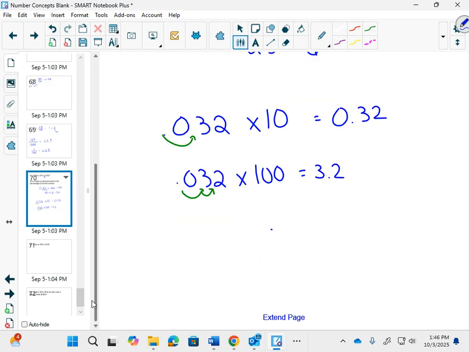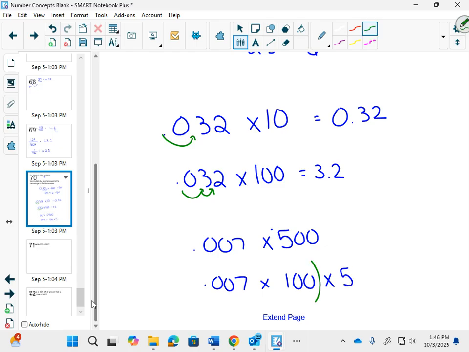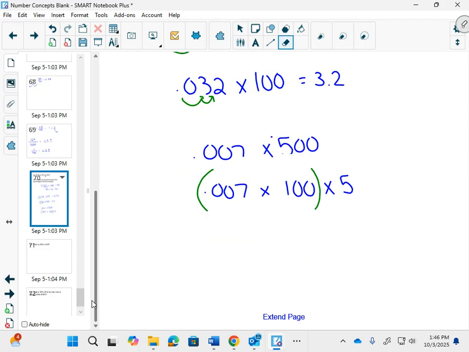If I would like to multiply 0.007 by 500, I can think of 500 as really 100 times 5. And I can do this part first. Then it moves this over twice, so this becomes 0.7, and I still have times by 5. And you know what 7 times 5 is, right? 35. So 0.7